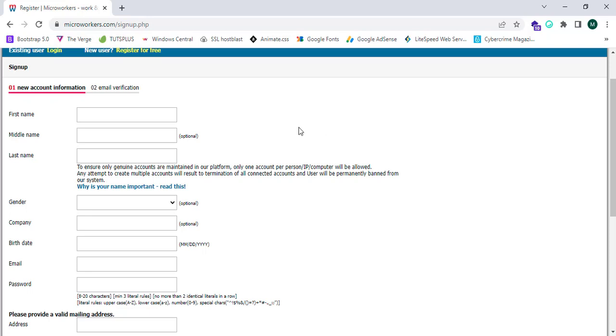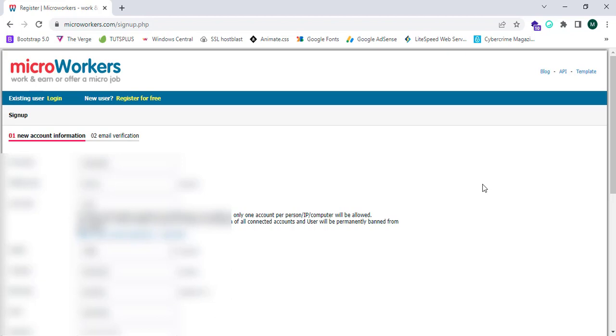Now I am going to fill this form. So now I have successfully filled the form. As you guys can see, I have successfully filled this form. Now when I click submit,